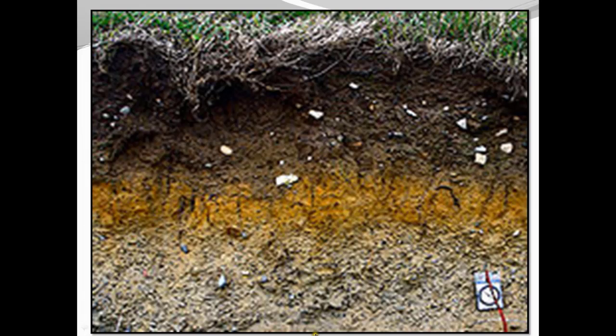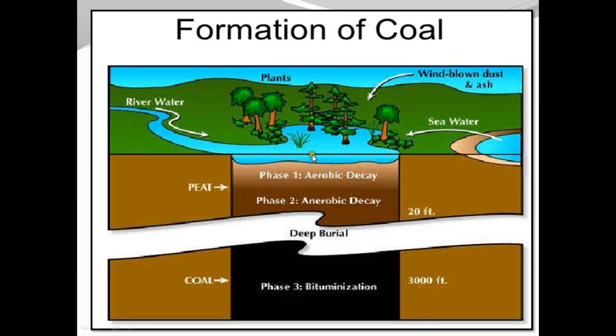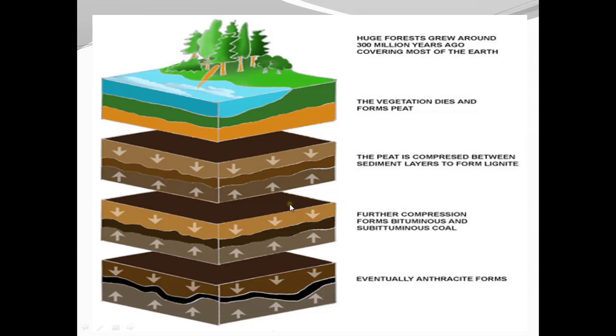So with this we are going to move on. This is the formation of soil, and the next part we are going to talk about is the formation of coal, where we are going to see how fuels form. The first thing we are going to talk about is the formation of coal. In the formation of coal there are four main steps, where a huge forest grew around 300 million years ago,